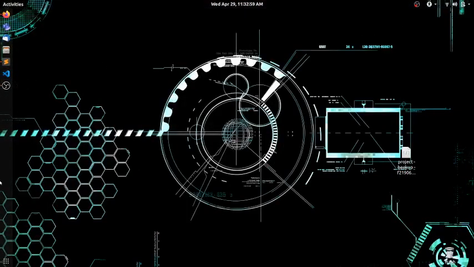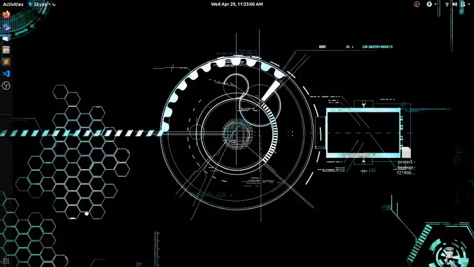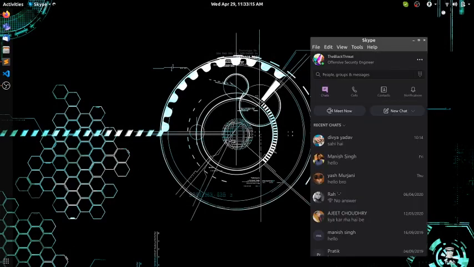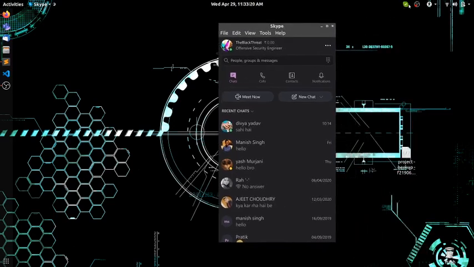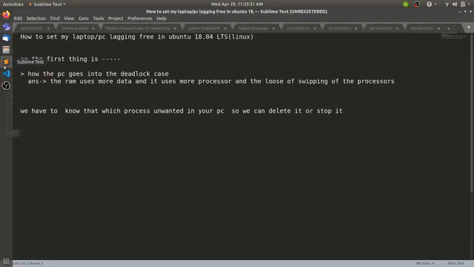For example, I am going to start a process like Skype, and you can see at the top right that my PC uses this process. Suppose I don't want this one, but it is also running.